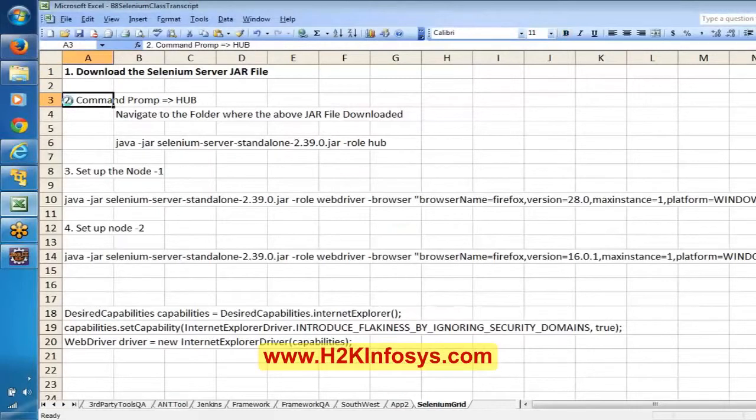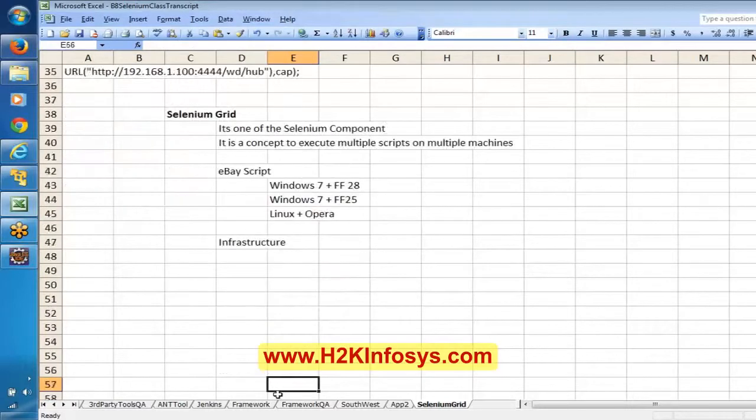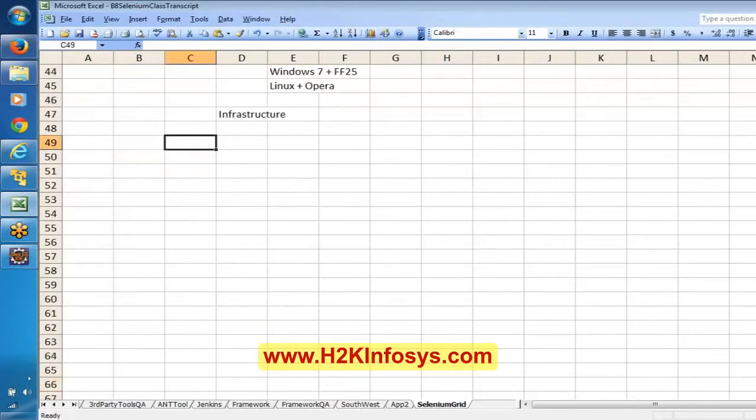The second thing is we have to create a hub, and I know all this terminology makes it a bit confusing and scary. Even when I was learning Selenium Grid, looking at this terminology, I thought it was going to be more complex, but it's not really. See here, first, it's a hub. Only the terminology makes it scary, but it's not really.